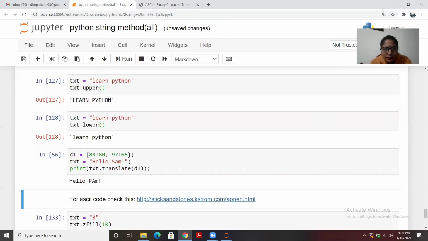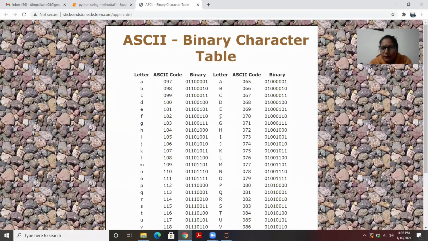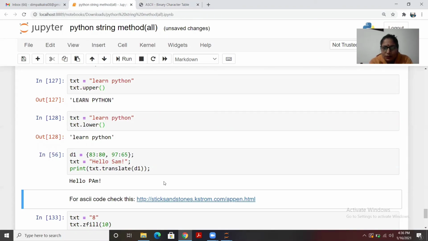So 83 will be 80, and S will be converted to P. And A, which was 97, I'll be using 65 for that. You see 65 is for caps A. So it has translated based on the ASCII codes. You can find those ASCII codes at this link as well, and you can simply Google it too.